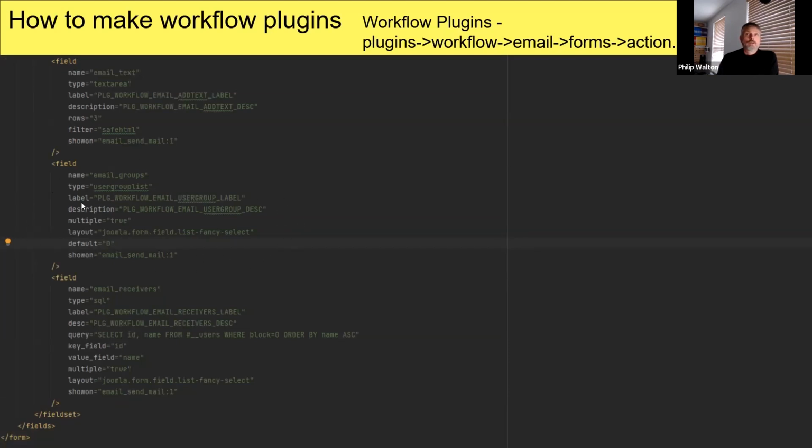If you remember, when I was looking at the transitions, you could select the user group that the transition would go to, and so this sorts through the Joomla user groups and then fills all those in there, and the same with the individual email users if you wanted to. So it's a very simple query here. This one just picks it straight up. This one's actually got a query. So select ID from the users table where block equals 0, so they've not been blocked, and basically order them by name ascending. So very simple.